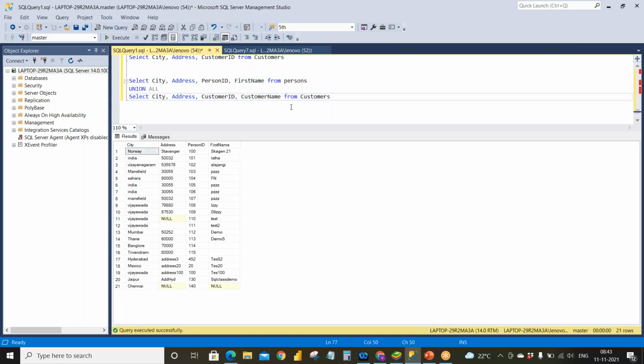And here, if you give the first name also, it will work because first name is also a varchar field. So now the question would be, I will remove this customer name and we'll see whether the number of columns is mandatory or not. So this one we are checking: whether the number of columns needs to be the same or not.